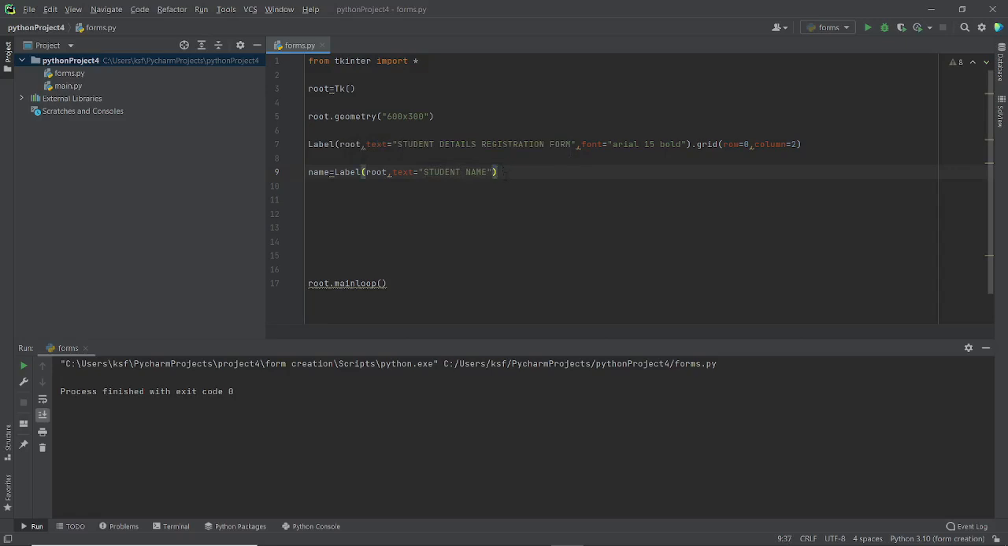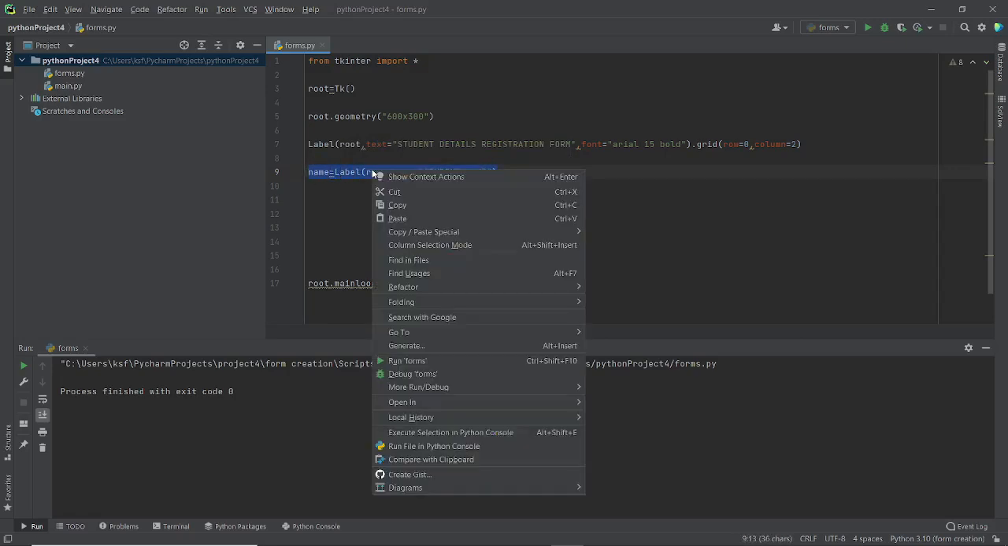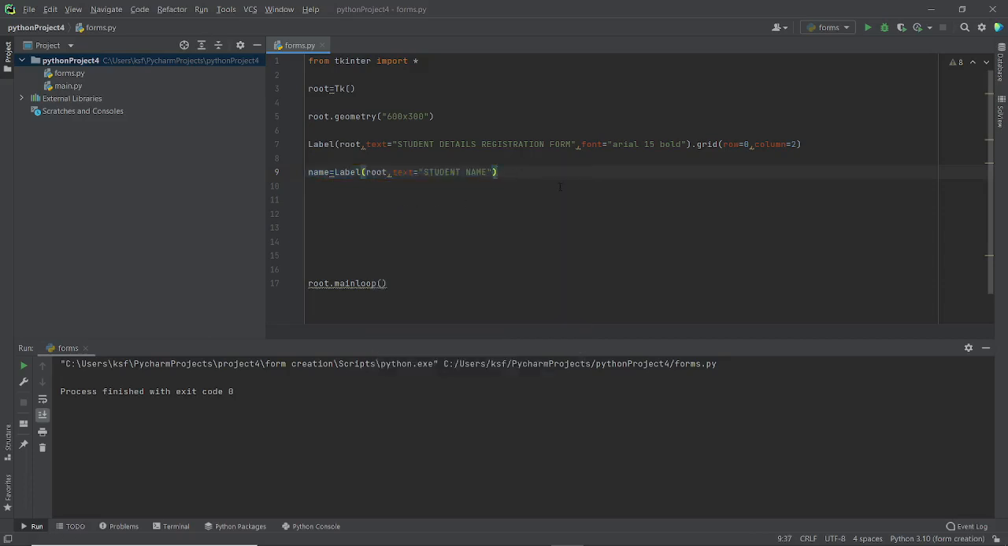Good. So I can copy this one so that I can have all of them. I can also have another one. I can have here, I can call it